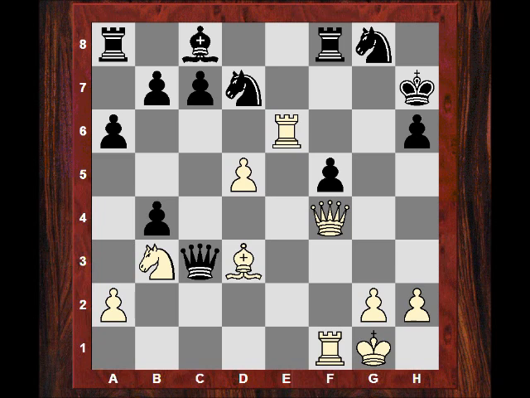Well, if we look at the relationship between quality, time and material, okay, white's deficit is in material, but his gain is in quality. Look at the rooks, the bishop, the knight even is ready to spring into the game. The black king safety, so the quality is definitely better. These guys are spectators at the moment. Bishop takes f5 check,